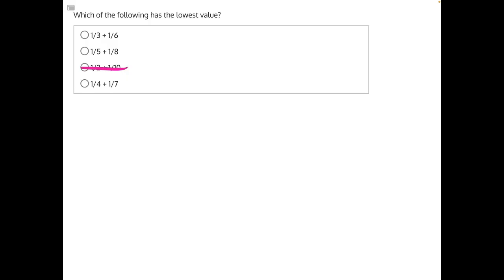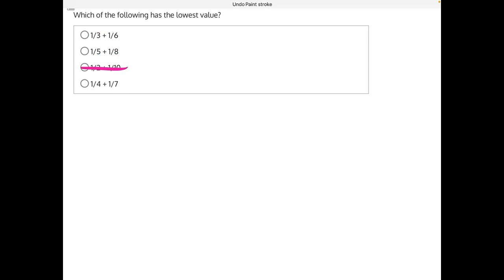From there, notice that all of our fractions have 1 in the numerator. When all of our numerators are the same, we can compare the value of fractions by looking at their denominators. In this case, I'll do this as an example. The smaller the denominator, the greater its value. So if we look through our answer choices and see that 3 and 4 are the two least valued denominators of all of our other denominators, those answer choices are probably going to have a higher value